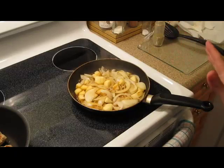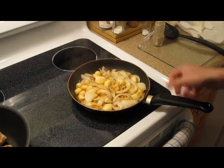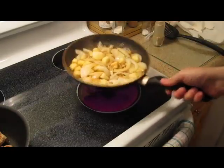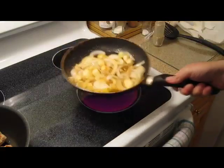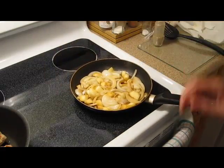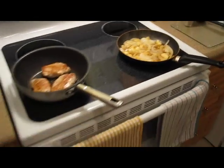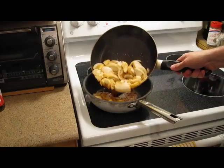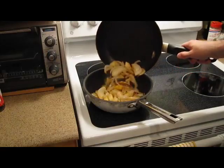Listen to that bubble, folks. And the smell. Heavenly. Okay, now that that's ready, I'm going to do this. I'm sorry, I'm backing you away because I'll need to open the oven. Taking this, doing this, cover your meat generously,